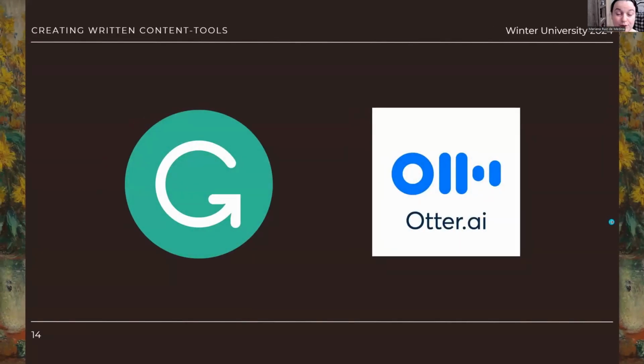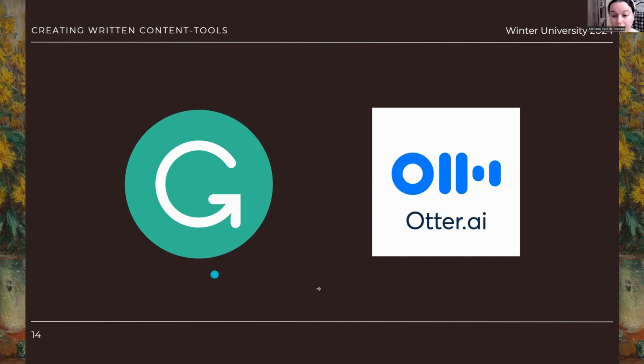Next is written tools, and there's really only two that I want to focus on here. Grammarly being one of them. Grammarly has both free and paid options, but if you are using any sort of word processor, Grammarly is a great way to just level up your game a little bit in terms of editing capabilities. They do use some modeling and AI features to enhance readability. If you're doing it online, there are SEO or search engine optimization tools that Grammarly does allow for. That is a paid feature, but it can be a really great way to just take your writing to the